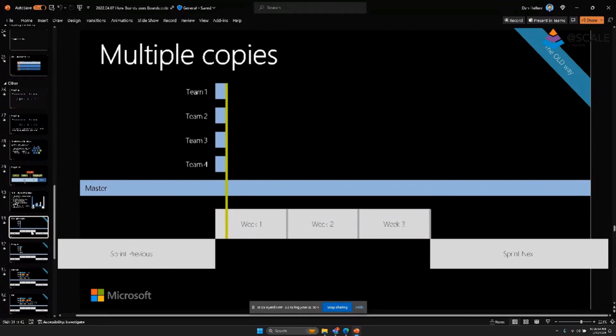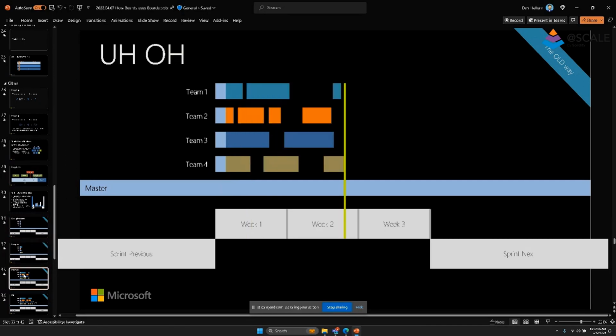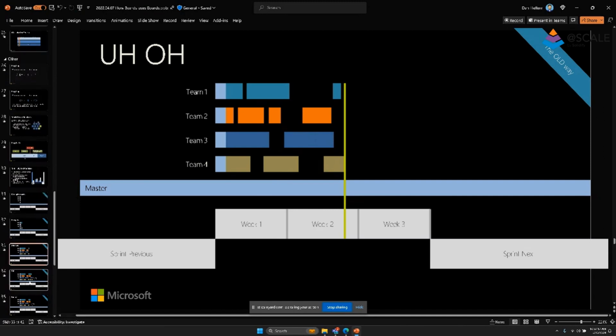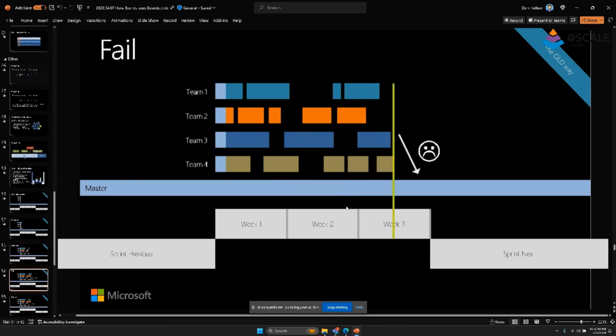At the beginning of a sprint, each team would create a branch for that team, or multiple branches depending on what was happening, and start working. You get through the first week, then the second week, and the further time goes on, the further apart from the main branch it becomes. We would get down to the end of the sprint and try to merge,